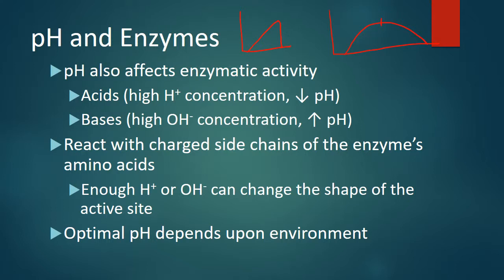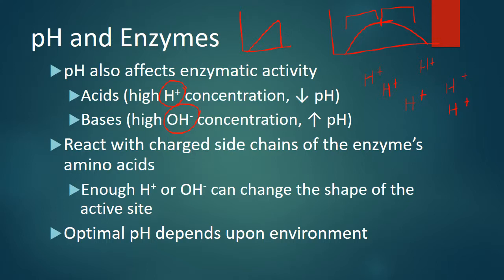So we have an optimum working pH, but it can still work some in the surrounding pHs for the most part. So in acidic environments where there are high concentrations of H plus ions, or in bases that have high concentrations of OH ions, what these charged particles do, if you got lots of H plus, for example, in an acidic solution,